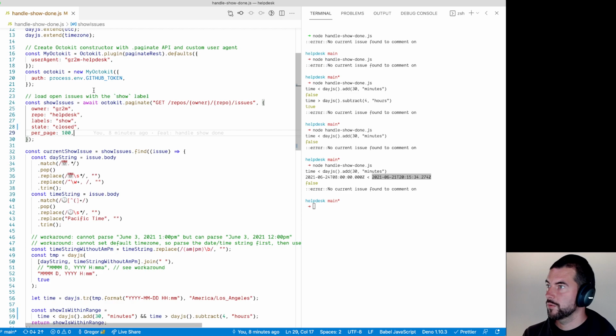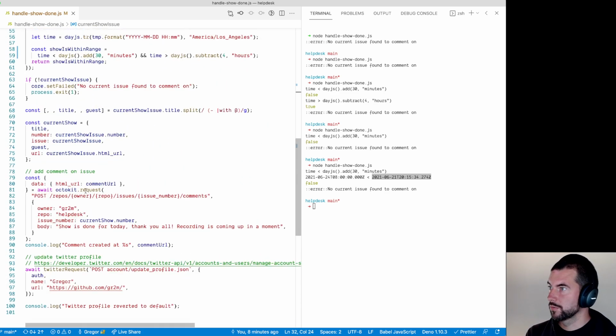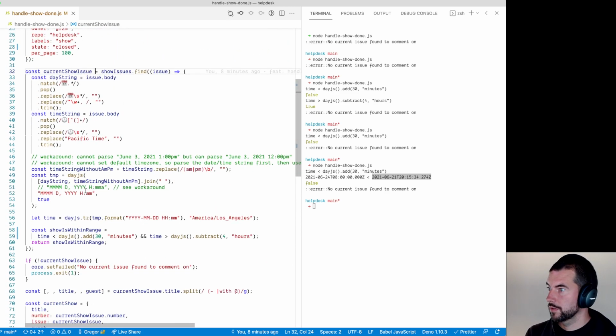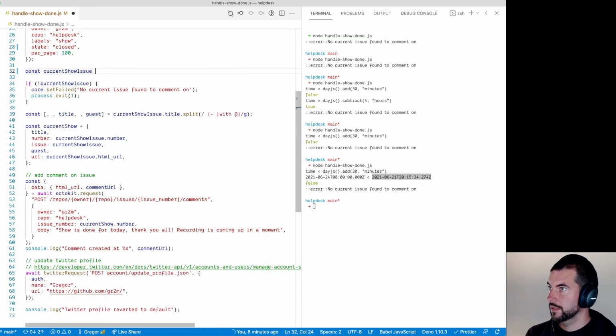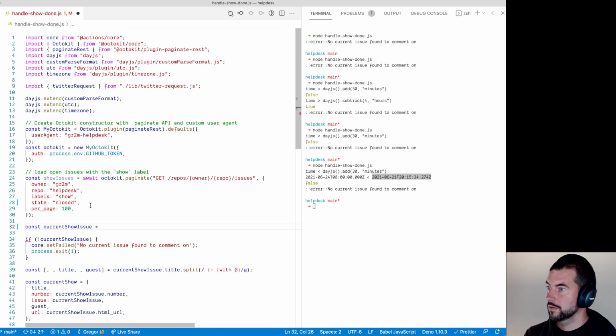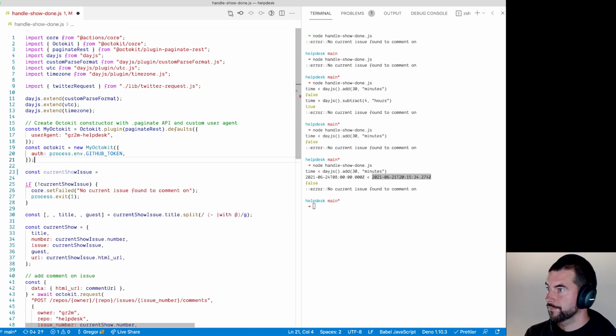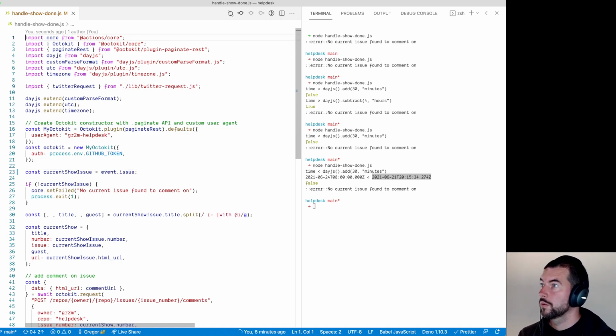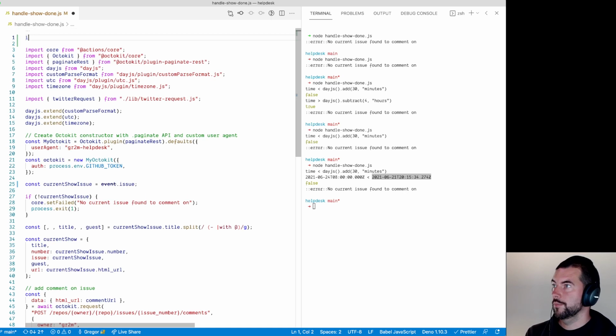Why should I reload all the stuff if I can just have the current issue? So basically, what I want here is